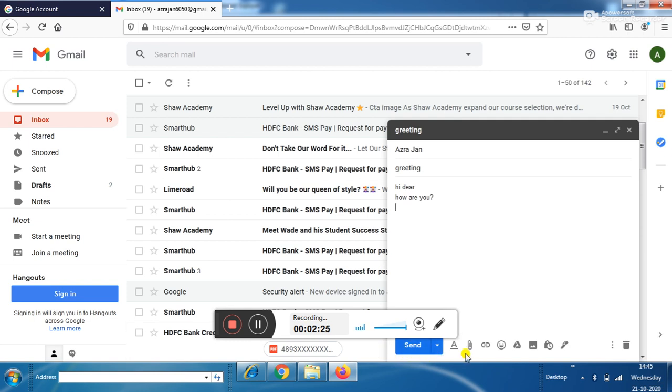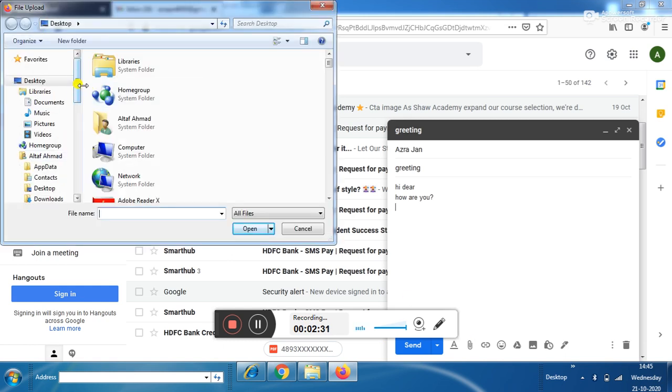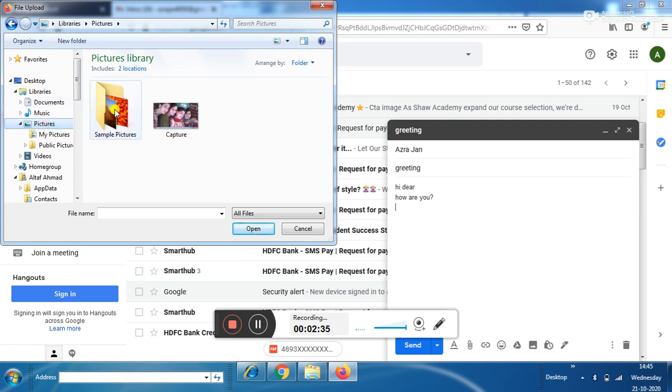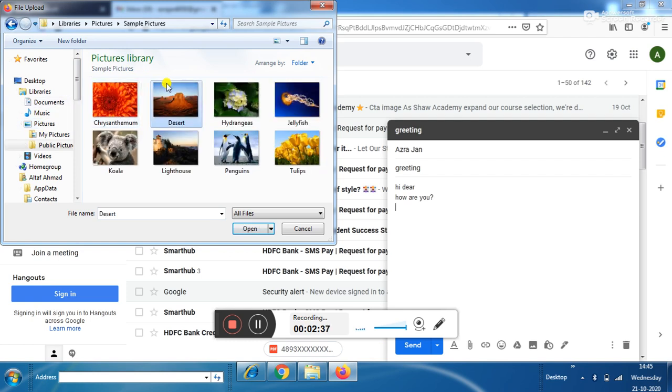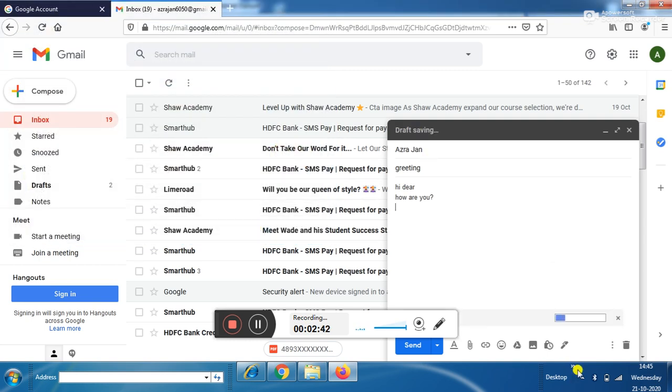For that we have an option, as you all can see at the bottom, this second option, called attach file. When you click on it, you can go to the location where the specific file is, which you want to send. Say for example, I want to send a picture. I'll click on that picture, then click open, and then I have to wait till this blue bar completes. So we have to wait till it gets uploaded or attached to your email. See, this is all attached to my email.